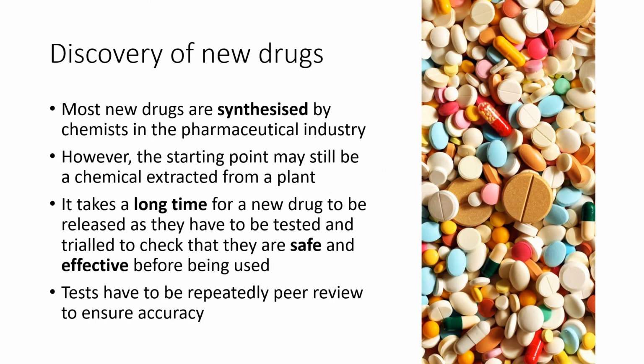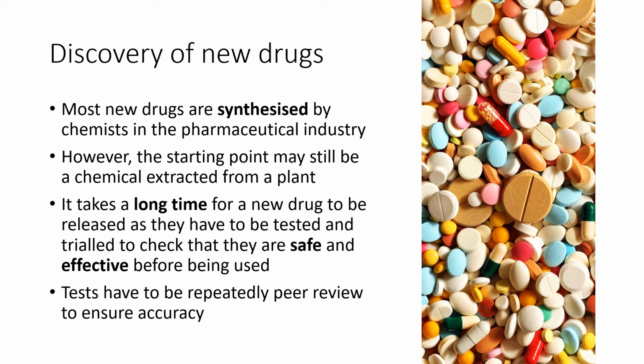New drugs. As I said, most new drugs are synthesized in the pharmaceutical industry by chemists. They normally start from some kind of plant extract and then put it through a number of chemical processes. When we get a new drug, it takes a very, very long time to test that drug. We need to check for 2 specific things. We need to check that 1, it is safe to use, and 2, that it's actually effective, it's actually doing what it needs to. Obviously, we need to do a lot of repeats and we need to spread it around. A lot of people need to evaluate it to make sure that there is a high level of accuracy in